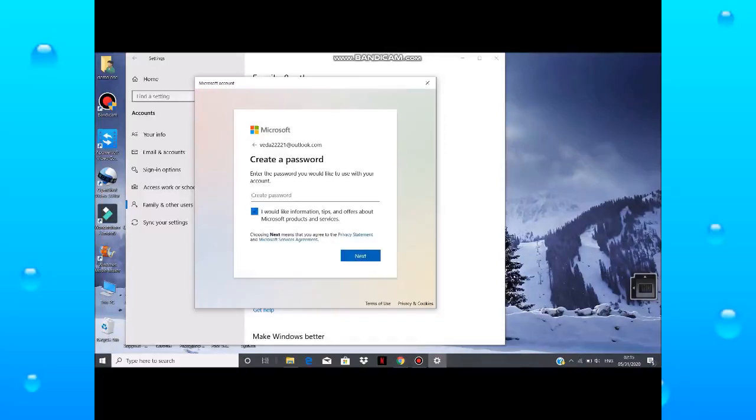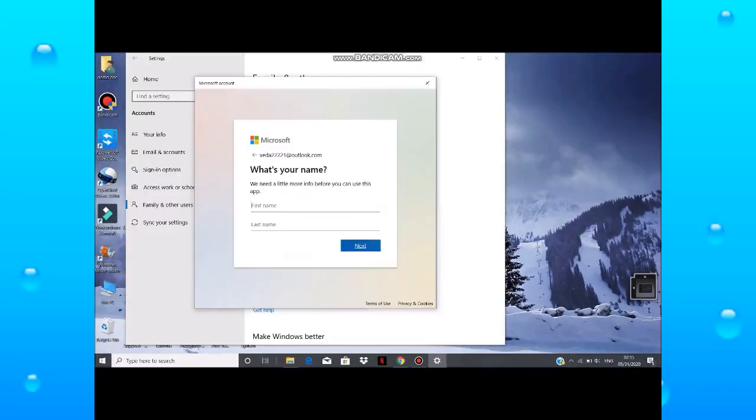So you have to create a password here. Okay, then click on the next button. You have to enter the first name.